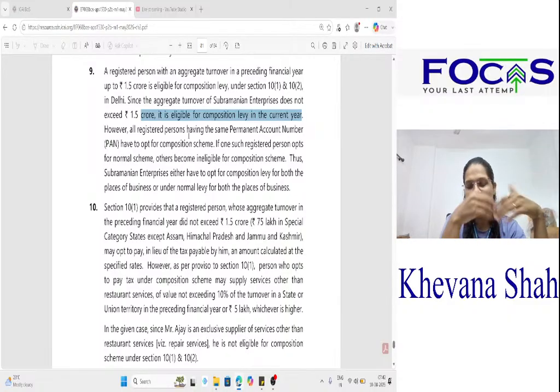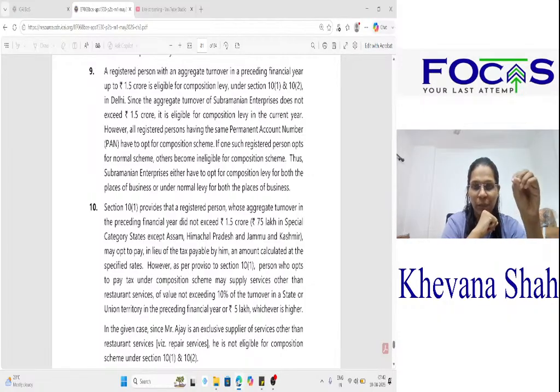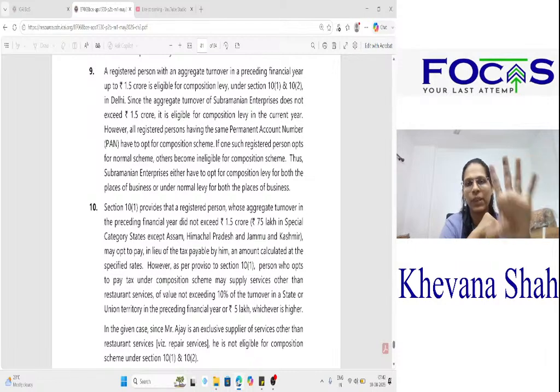One cannot take and the other can take regular scheme, that is not allowable. So, if one such registered person opts for normal scheme, others become ineligible for composition scheme. The moment one of your distinct persons is going for normal scheme, the others will automatically become ineligible